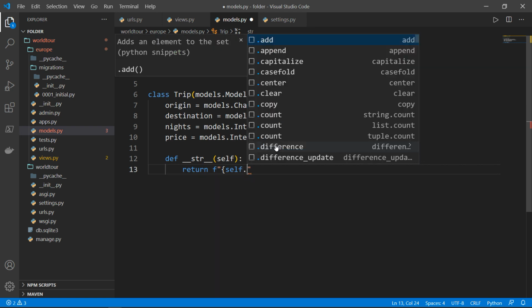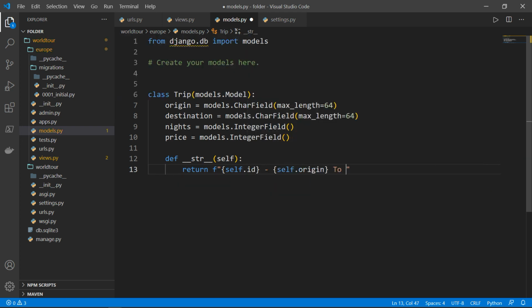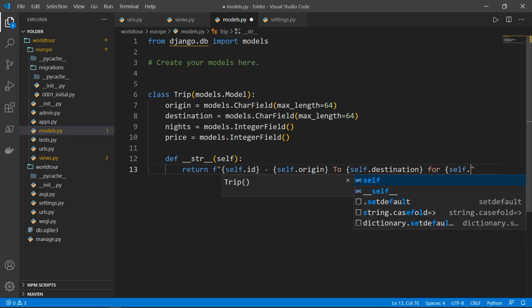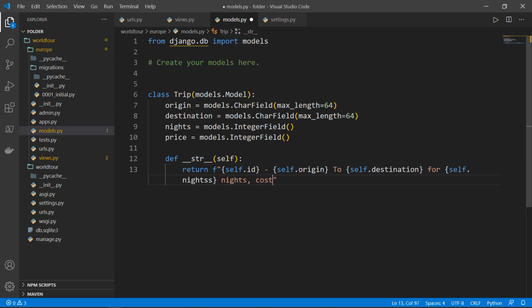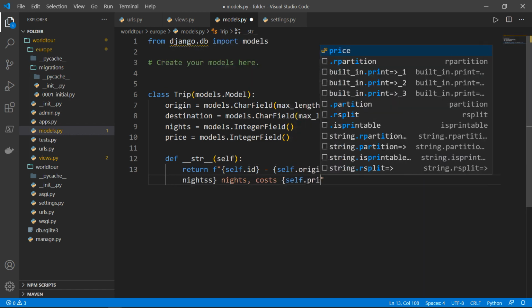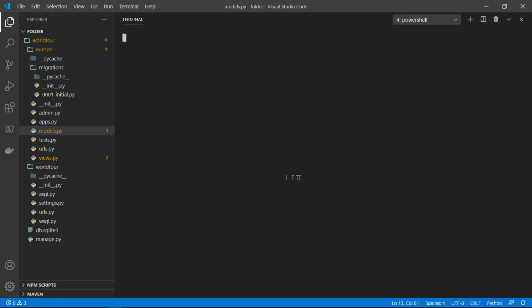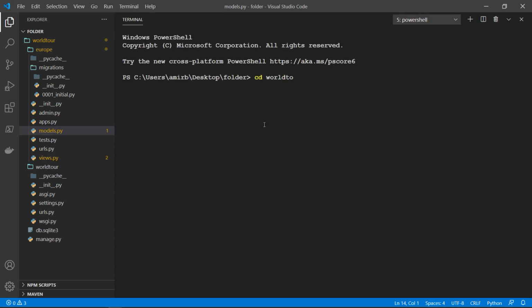So self.id, self.origin to self.destination for self.nights, costs, and self.price. Just be careful, I made a typo here. It's nights with 1 S, origin, price, destination, and ID. Okay, let's open the terminal. cd world tour, you need to be inside your directory, and python